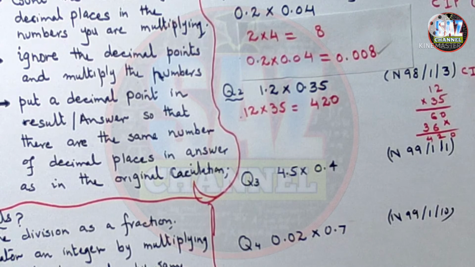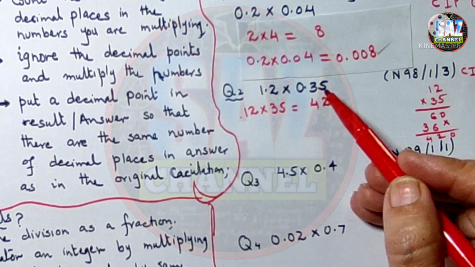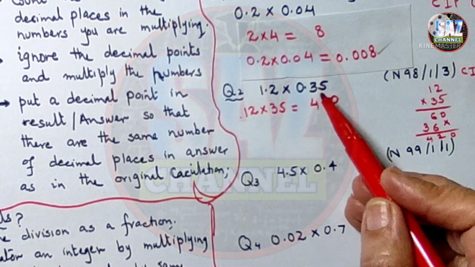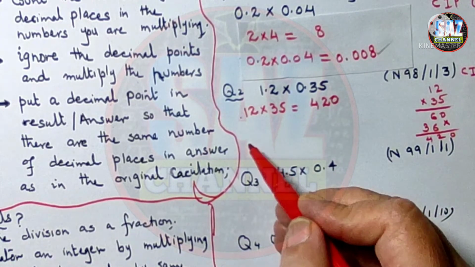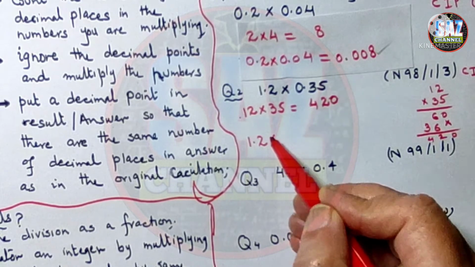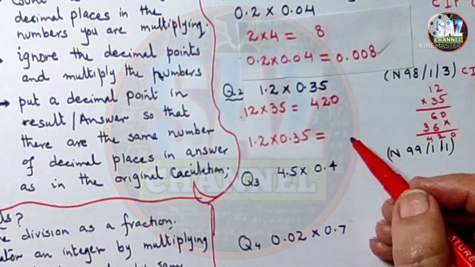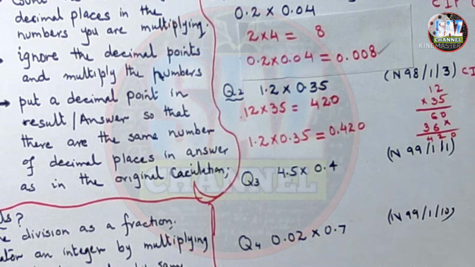P means that we have to put the decimal back in the question after counting the number of digits after the decimal. The question has 3 decimal places total. So we have to count 3 digits, and after that we have to put the decimal. So the question will take the form 1.2 multiplied by 0.35 equals, 3 places after the decimal, 420 and 0.420. I hope you are really clear about this question, and let's move to the next question,